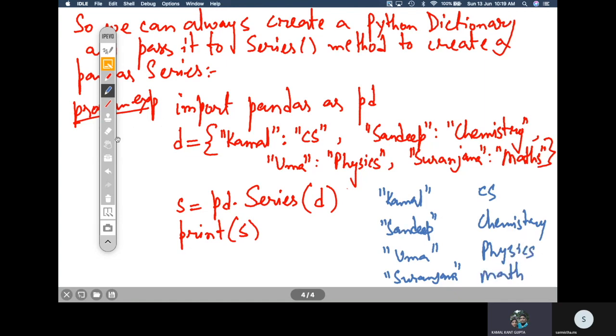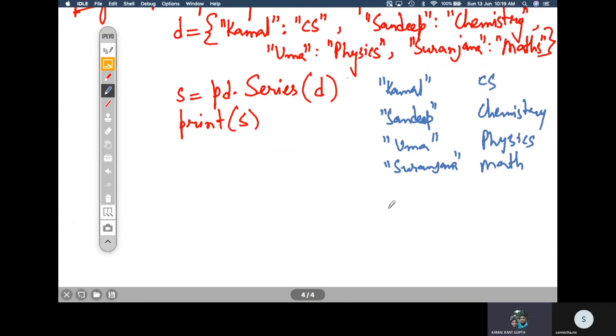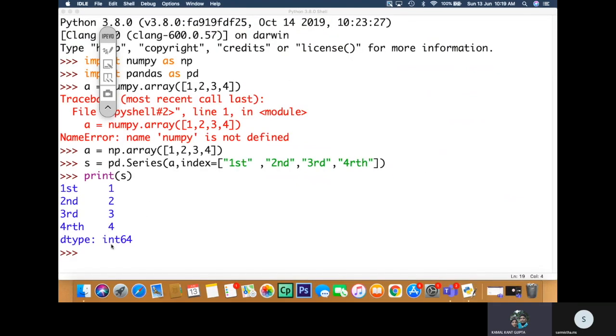And what will be the D type? D type will be object, isn't it? It will be an object. So like that, the things will come up. Let us run this code and see whether the same thing comes up or not.